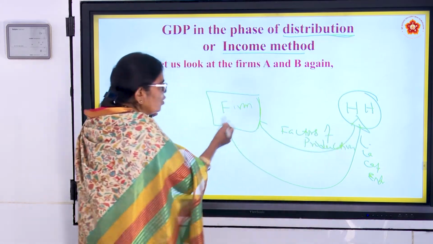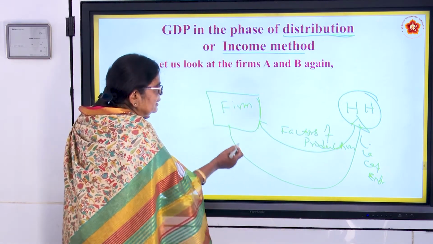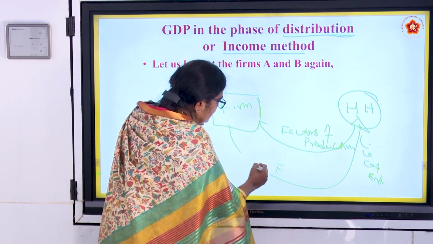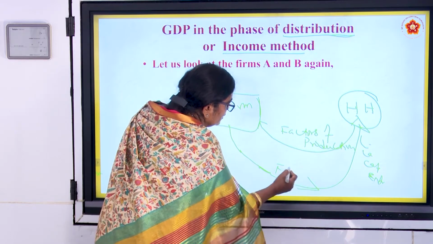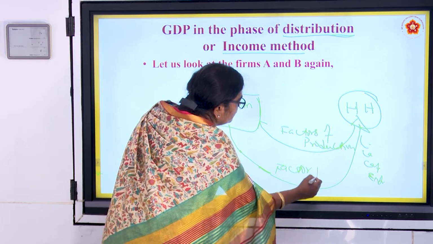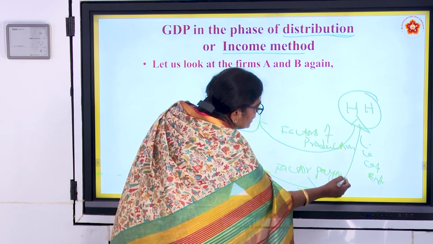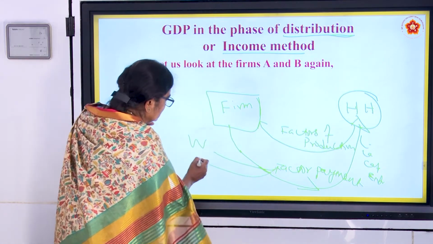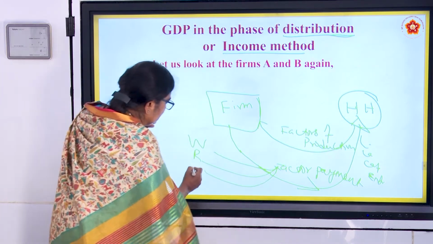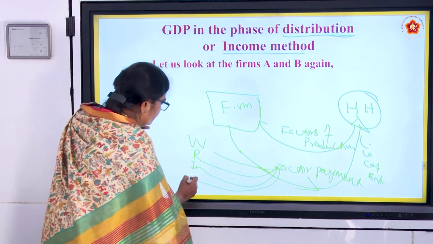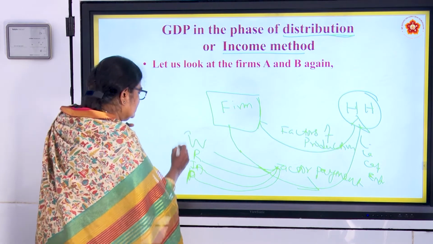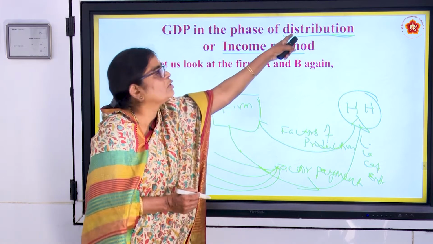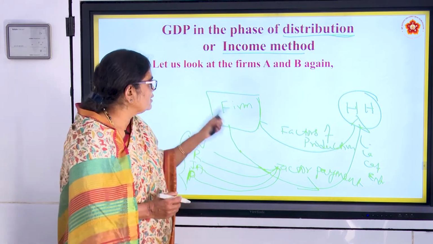The firm, all the income earned by the firm is distributed back as factor payment, for the services of factors of production. Therefore, what are the factor payments? Wages, rent, interest and profit. These are the factor payments. Why do we say distribution method or income method? Because whatever is earned,